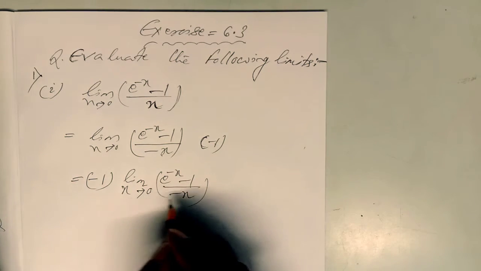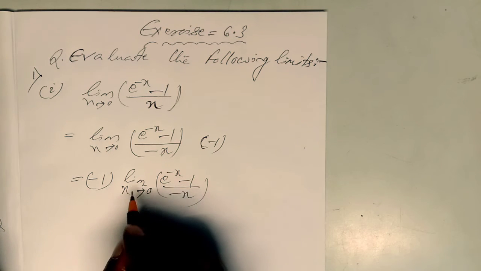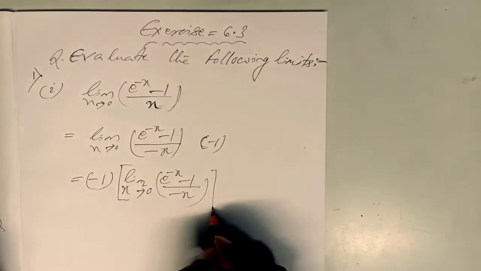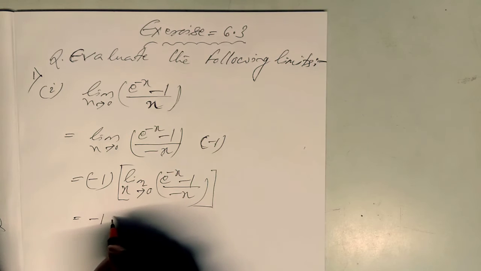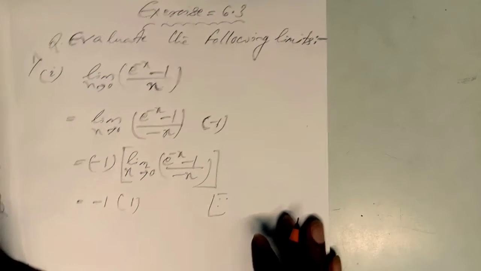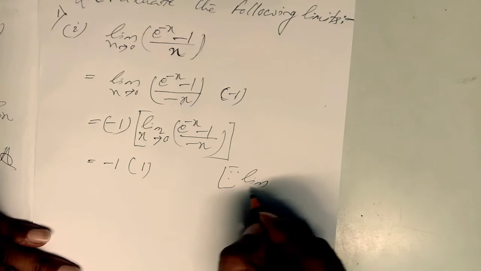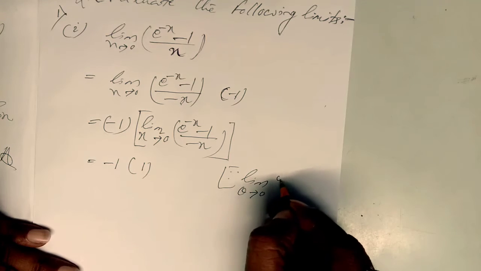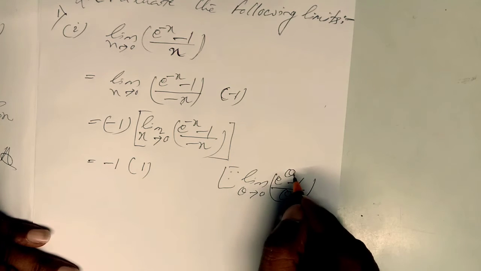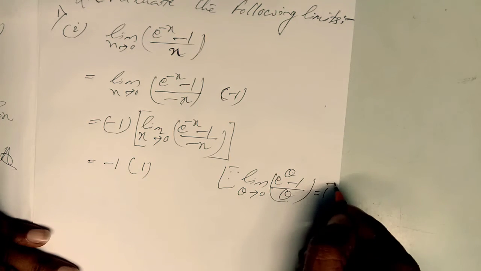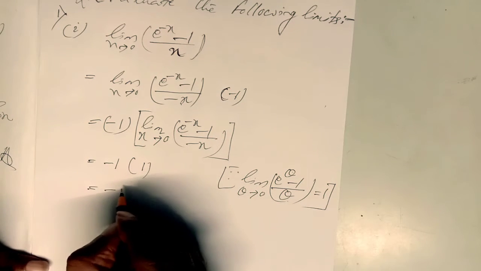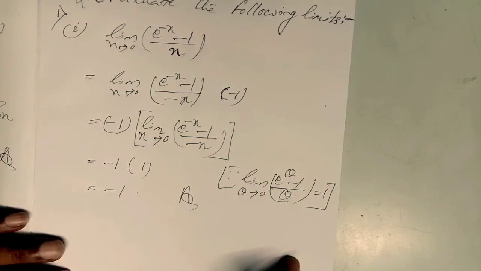Whenever x tends to 0, minus x also tends to 0. If x is equal to 0, then minus x is also equal to 0. Then what is the value of this limit? The value of the limit will be minus 1 into 1. I am writing the formula here: limit theta tends to 0, (e to the power theta minus 1) by theta. Whatever is present in the power of e, that much should be present in the denominator, and the answer will be 1. I hope you are able to catch the process of solving. So what is the final answer? The answer is minus 1. This is number 1, first part completed.